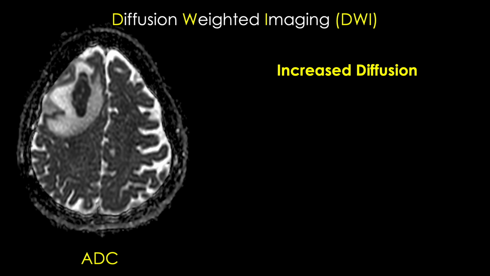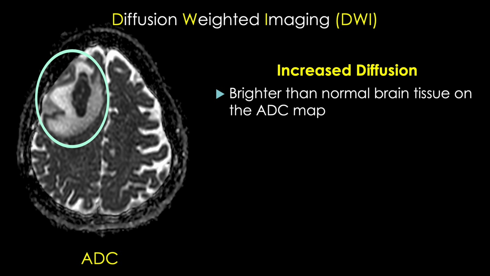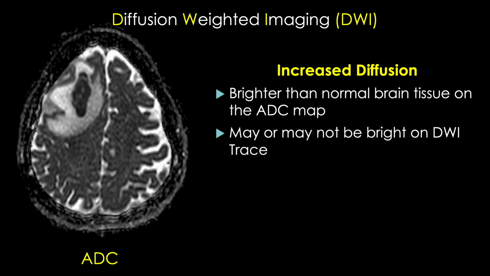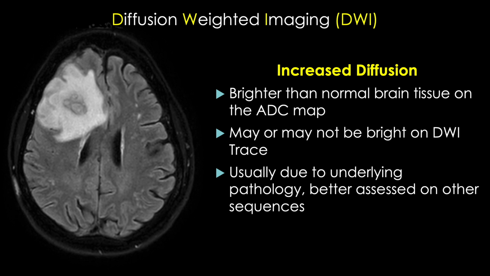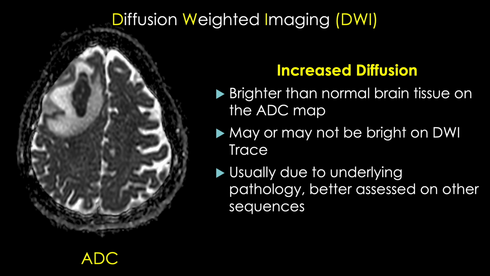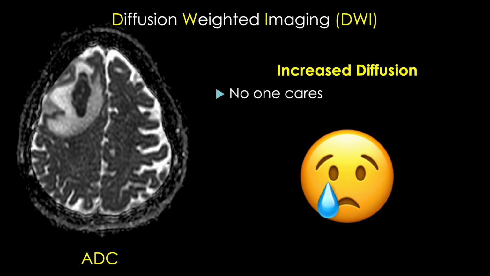A quick word on increased diffusion. These would be areas that are brighter than the normal brain tissue on the ADC map, seen here surrounding our cerebral abscess. This may or may not be bright on our DWI trace image, and is usually due to underlying pathology which is better assessed on the other sequences, such as our FLAIR image in this case showing all that edema within the tissues. And sadly, no one really cares about increased diffusion. Like I said, we can piece together what's going on here better on the other sequences and in conjunction with the clinical history. And maybe someday this will be a marker for something, but as it stands, restricted diffusion gets all the glory, so with that,